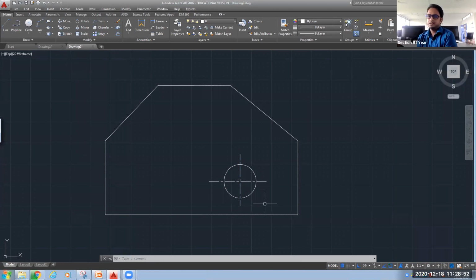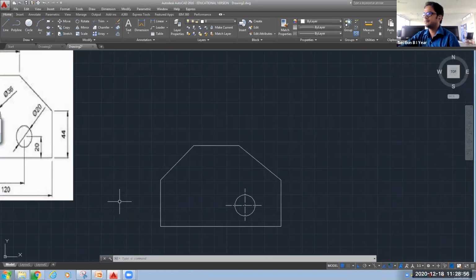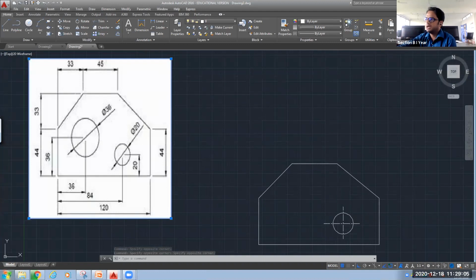So in the same way, we will draw the another circle. Where is that another circle? Let's bring this figure inside a little bit. The another circle, it is located at 36, I think, and this is also 36. The figure is blurred since I have done some operation on it. Okay, so let's zoom this out.